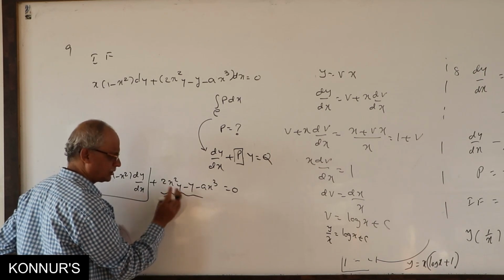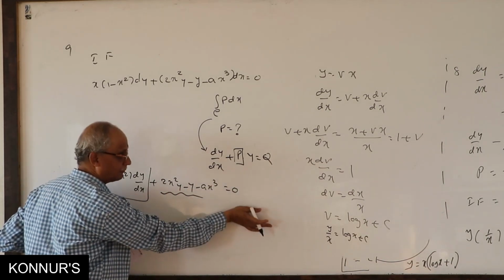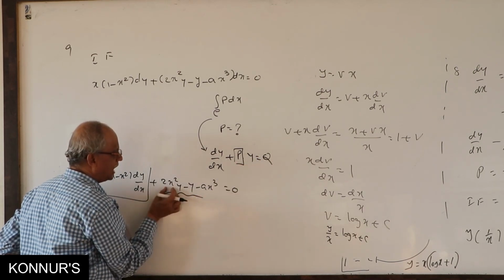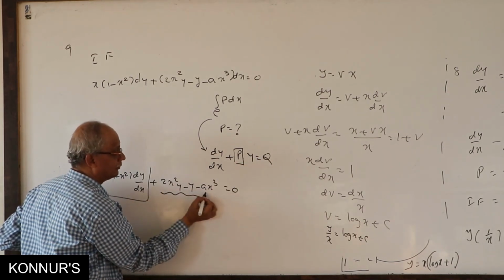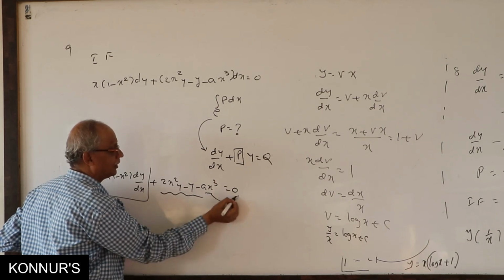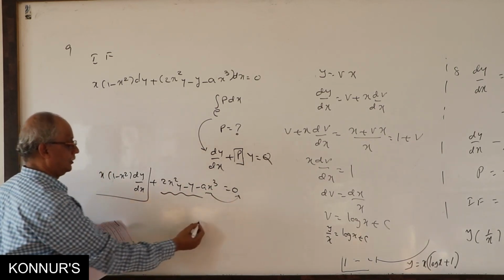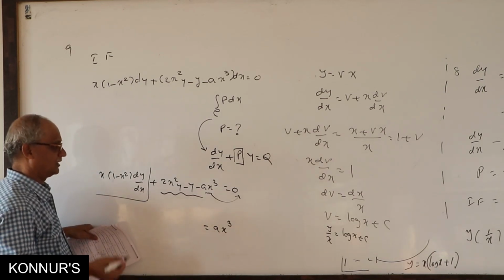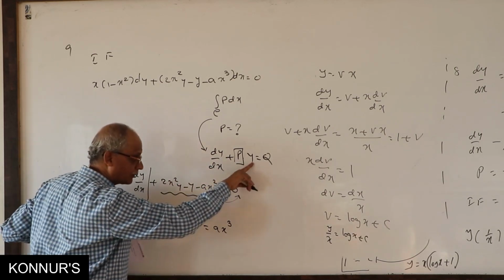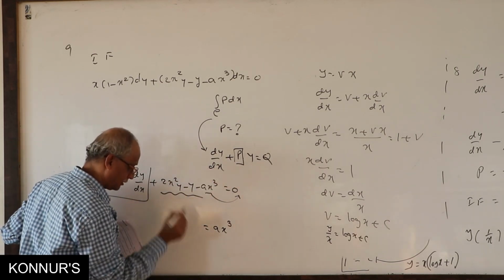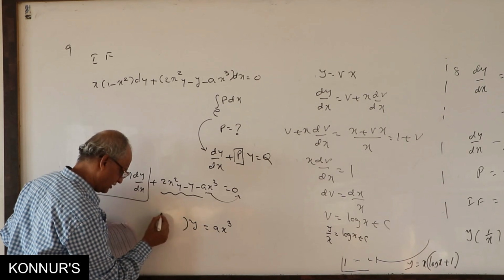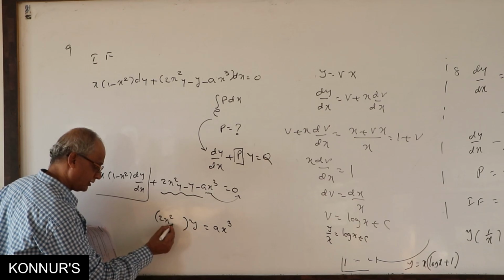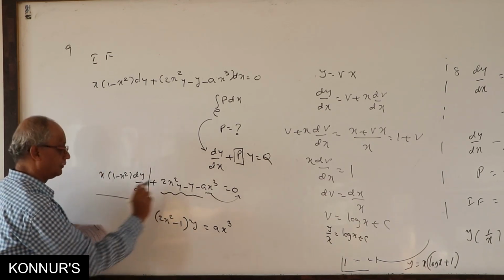In this, which is the best option to take that side? We need only x terms, not y terms. This is only eligible. Take here ax cube. Okay. What is next? There should be y common. Here you see y common. What is in the bracket? 2x square minus 1 plus.